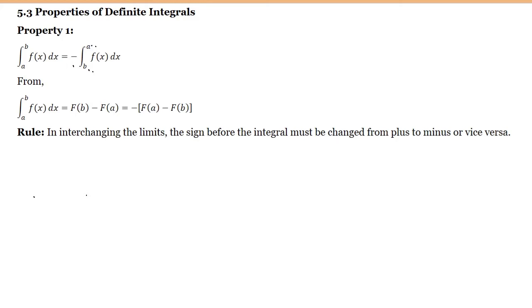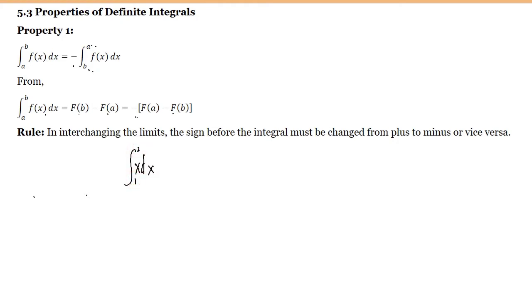From the idea that the integral of f of x dx from a to b is just equal to f of b minus f of a, it is equal to negative of f of a minus f of b. So the rule here is, in interchanging the limits, the sign before the integral must be changed from plus to minus or vice versa. So if we have here the integral of x dx from the limit of 1 to 2,